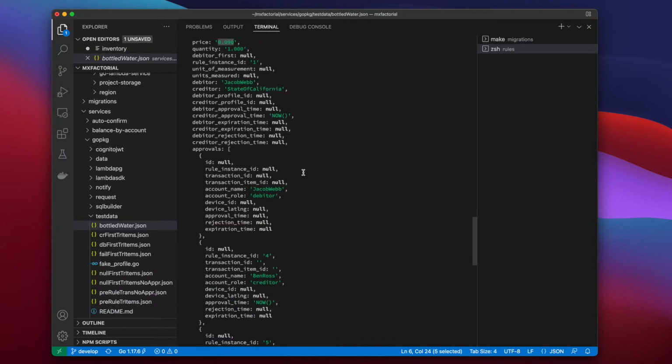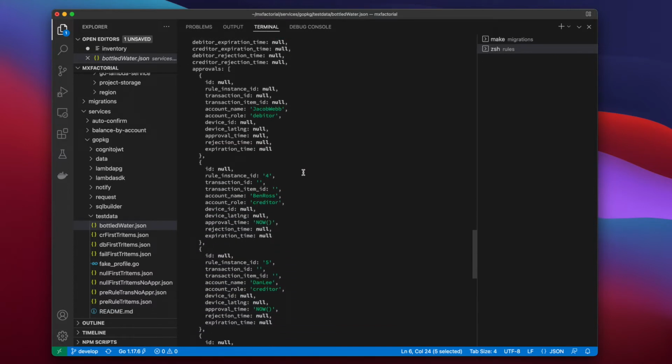Now scrolling down to this approvals list for a moment. Again, in addition to automating taxes, dividends, debt service, and wage payments, transaction rules also enable people to automate their transaction approvals. Not indiscriminately on the debitor side. For example, the debitor here doesn't have a rule appending an approval timestamp to every request they receive, because that's the same as handing money over to everyone who asks for it.